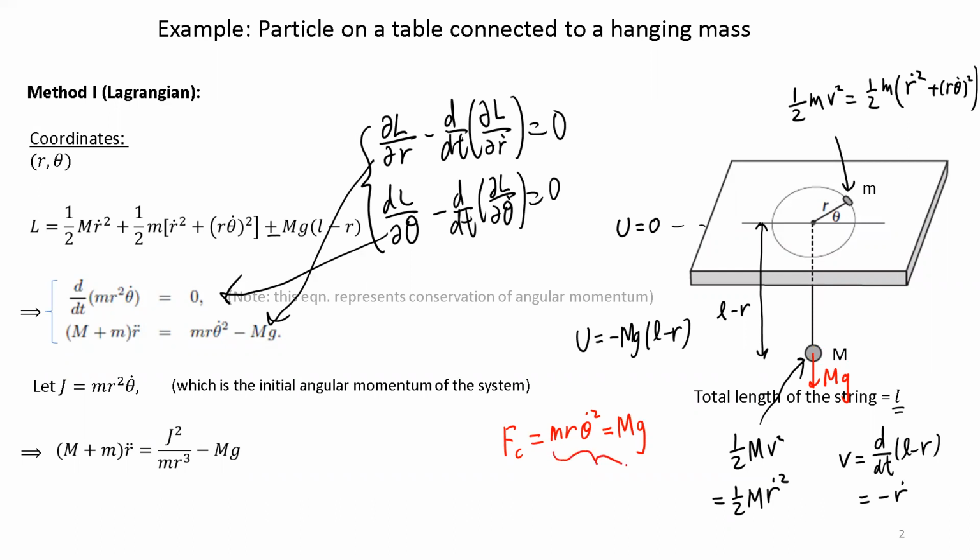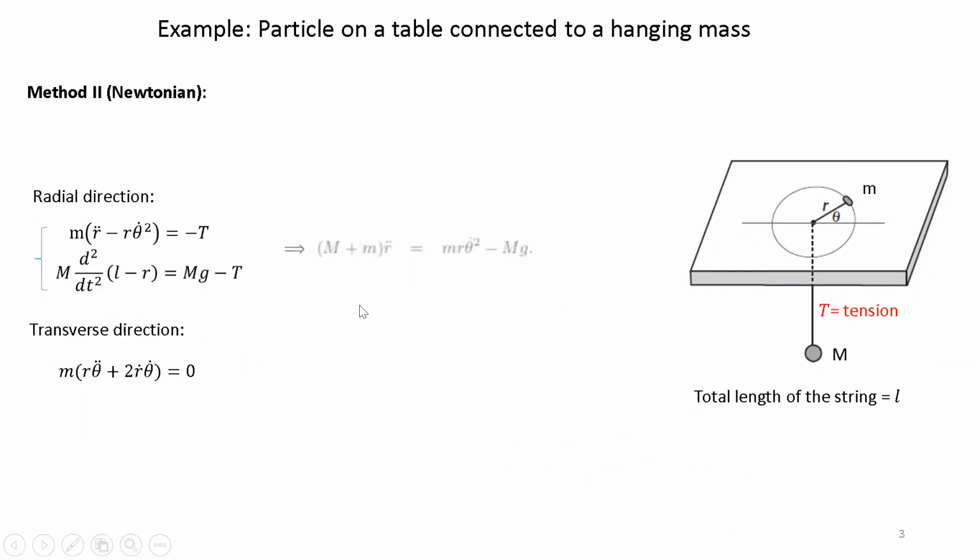And this equation, you should be able to find, would be equivalent to this equation by setting r double dot to 0. So this equation over here should be equivalent to this one equals 0. And this is how we do it using Lagrangian. And if we just go back to the Newtonian way,